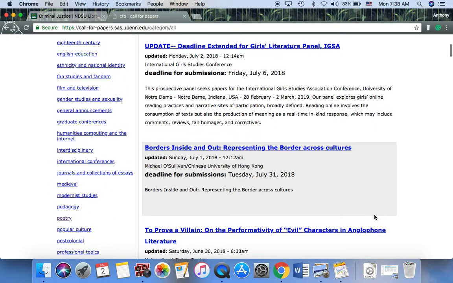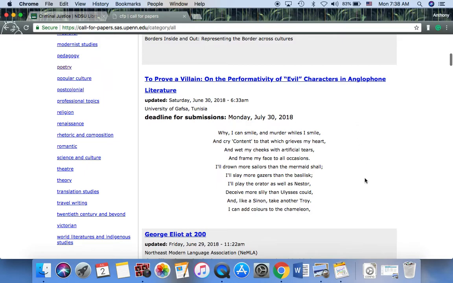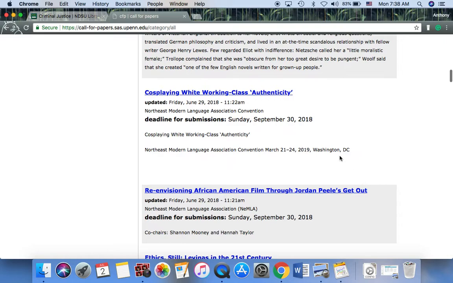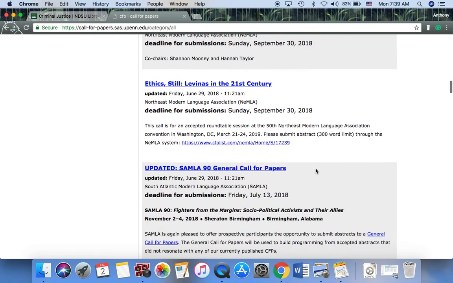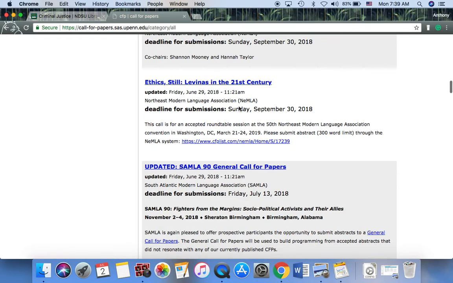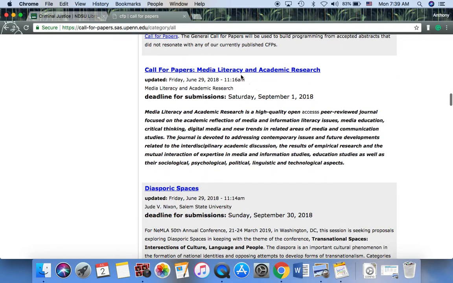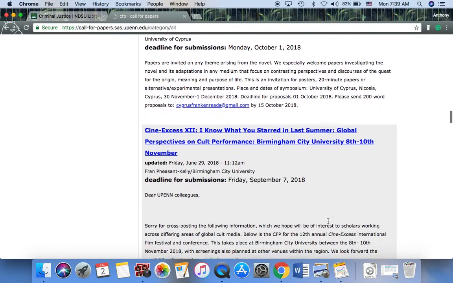right? So we've got girls' literature panel representing the border across cultures, performativity of evil characters in Anglophone literature, George Eliot at 200, white working class authenticity, African American film through Jordan Peele's Get Out, ethics still, Levinas in the 21st century, general call for papers, media literacy and academic research, diasporic spaces, natality versus immortality, the case of Frankenstein and the creature.